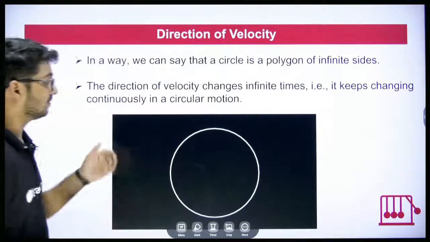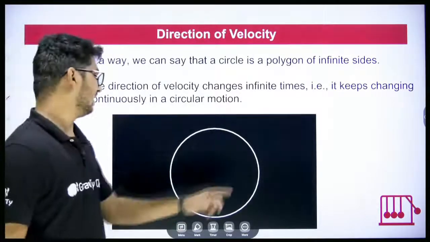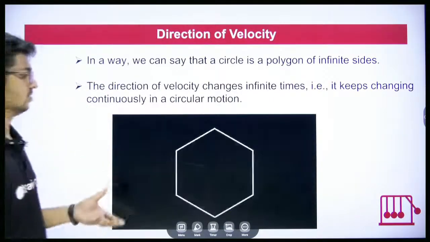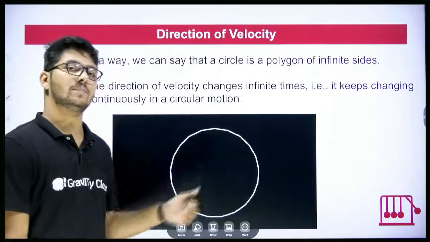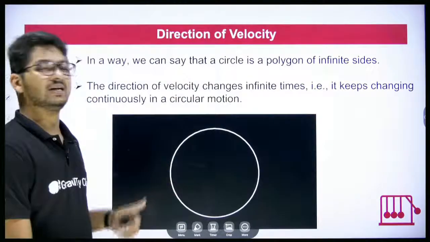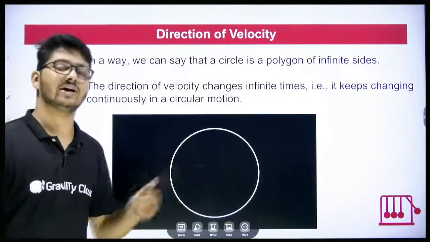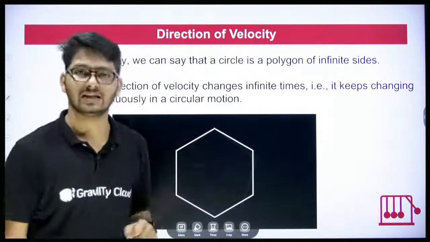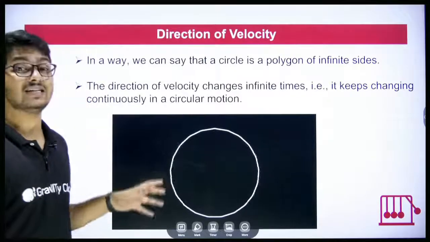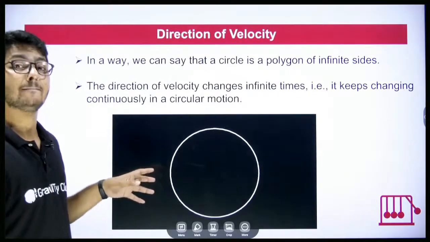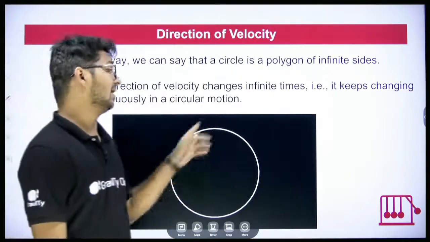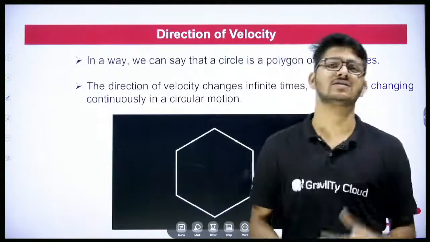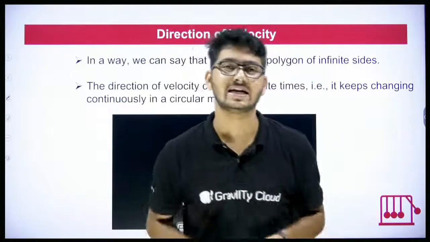So as the number of sides increase, we are getting what? We are getting a circle. Yes or no? See? Again it will show. From triangle to a square, square to a pentagon, so on and so on. 3 sides to 4 sides, 4 to 5, 5 to 6, so on and so on. As the number of sides increase, then what's happening? We get a circle. So in fact, how many sides does a circle have? In simple terms, you can say it has infinite sides.